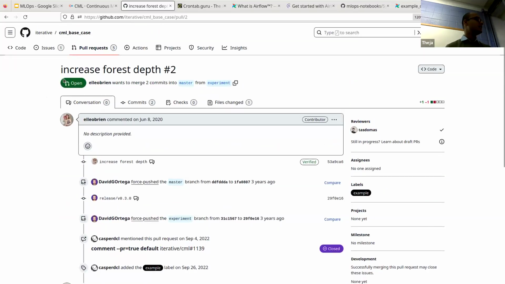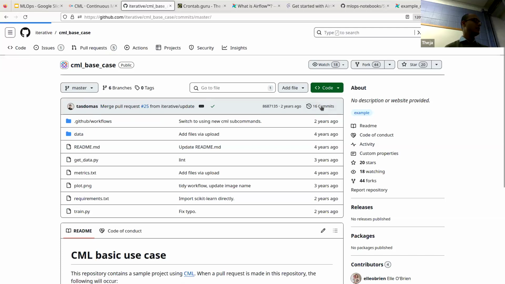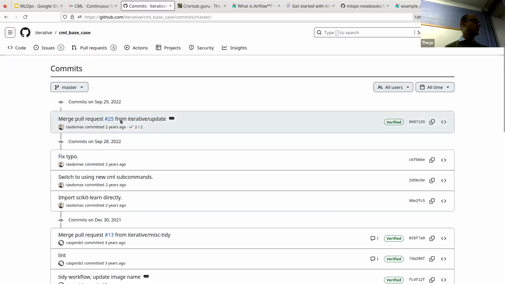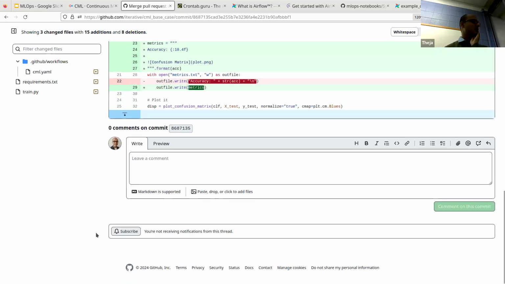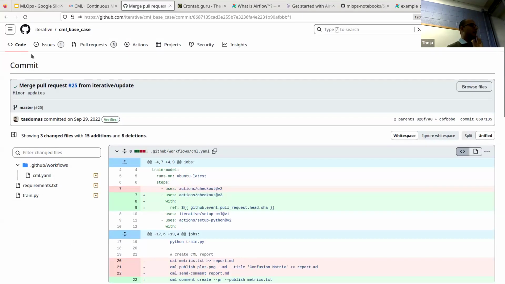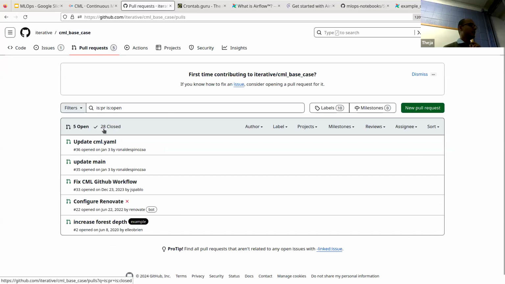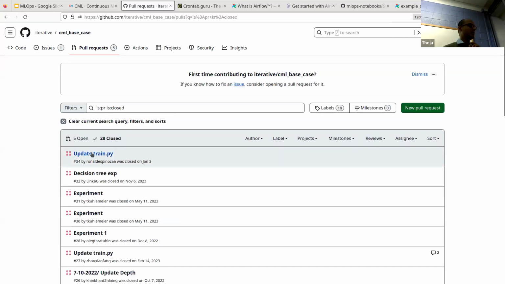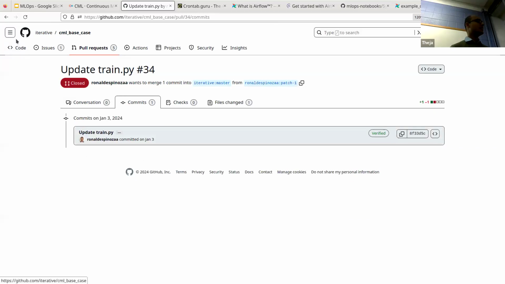I'm trying to see where the, if I click on any commit details, okay, I'm not seeing the CML comments.